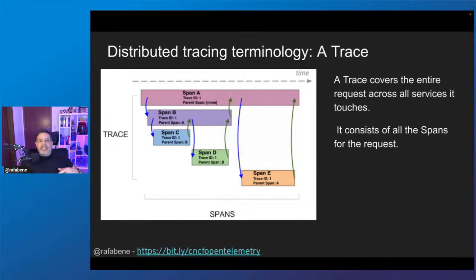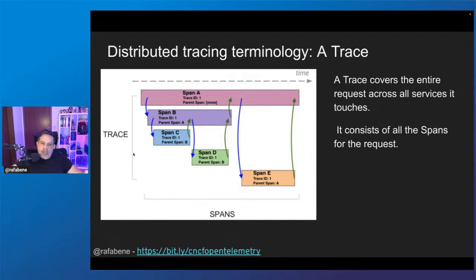But before understanding tracing, we need to understand some terms. What is the terminology of distributed tracing? The first thing that we need to understand is a trace. The trace is when you click a button. When you click a button, you are performing an operation from the beginning to the end. And when you perform an operation, it will cause a span of multiple operations, multiple microservices.